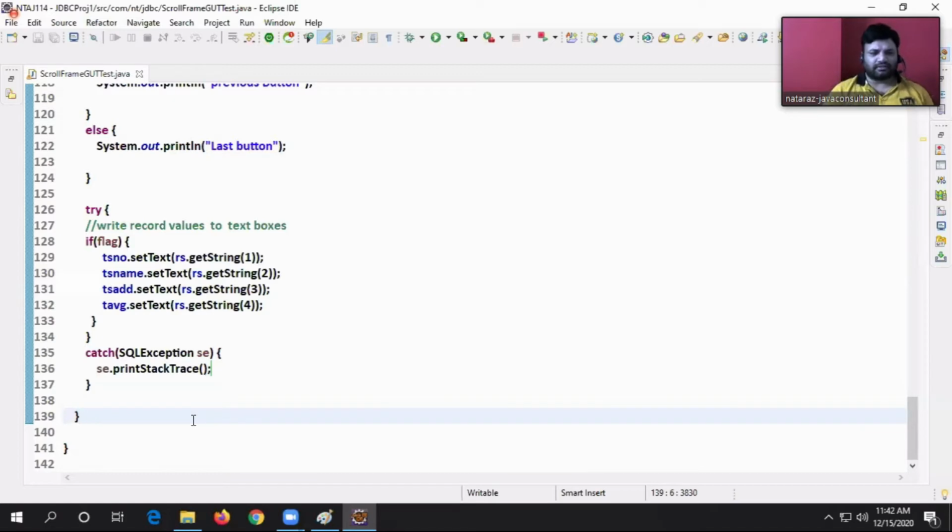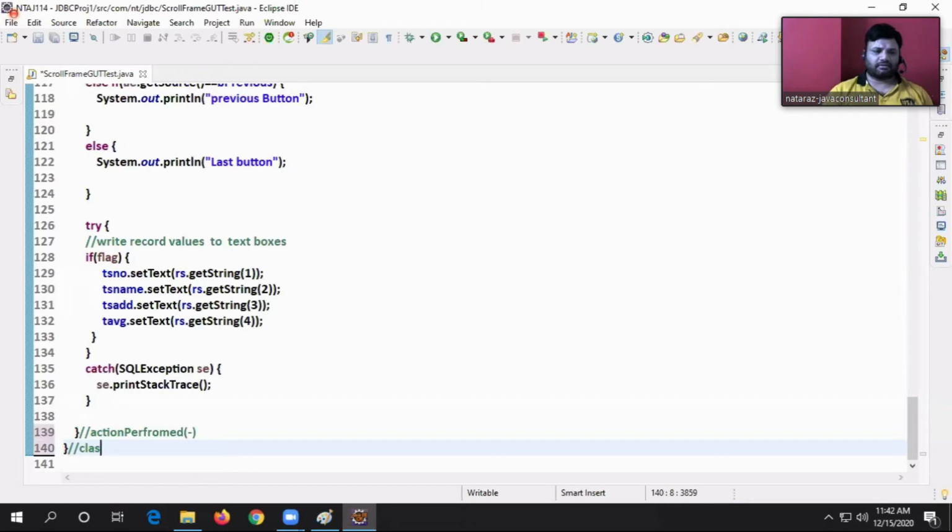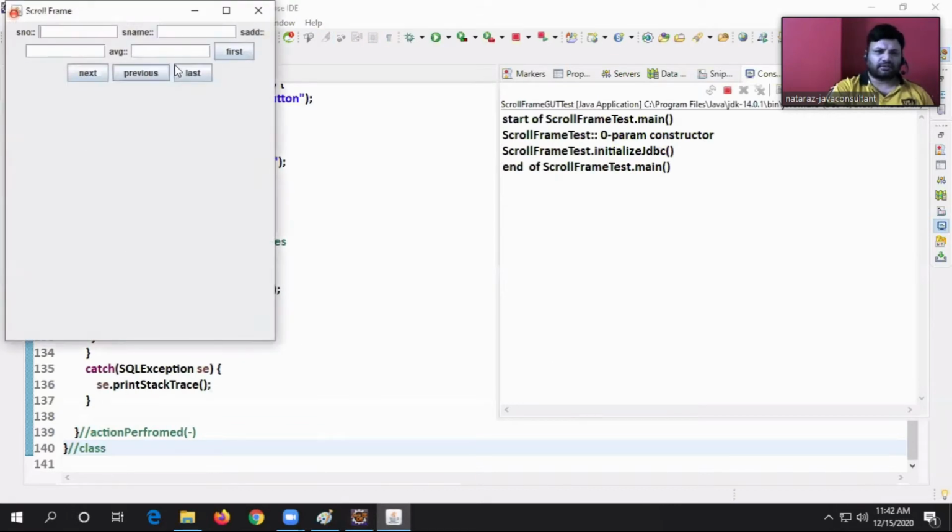What do you say, guys? This is my actionPerformed method. This is my class, ScrollFrameGUITest. Click on first.